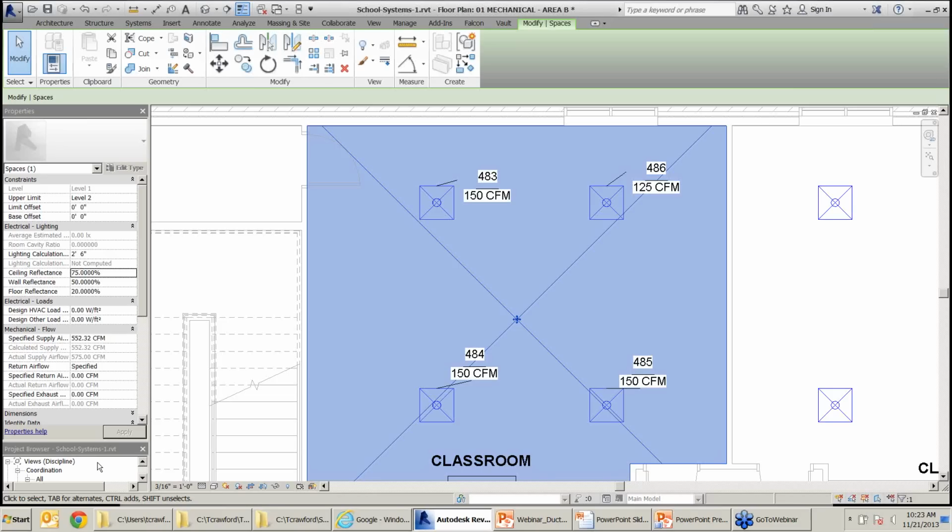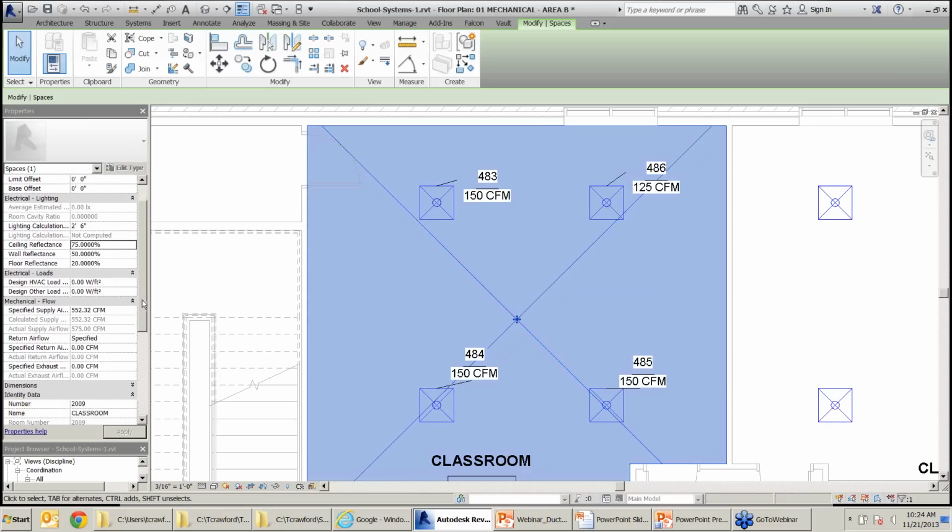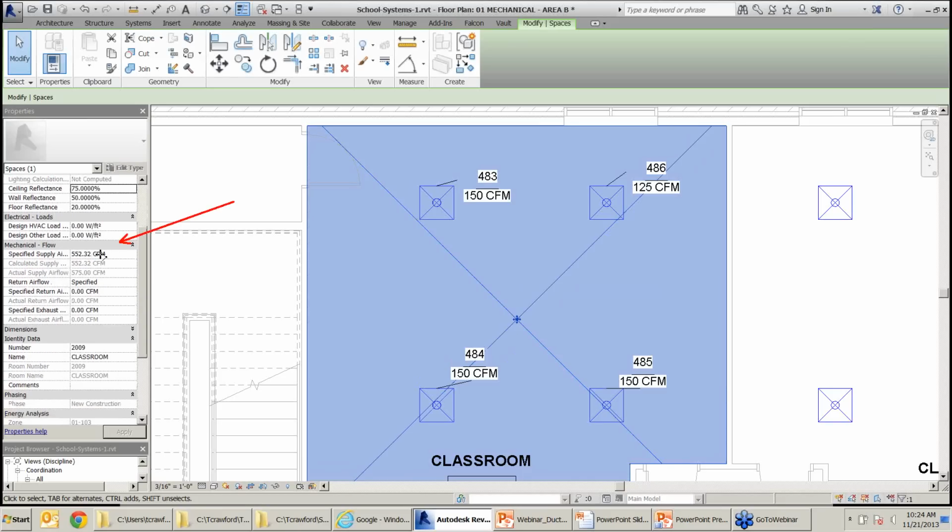And if you have Revit one box, as I call it, everybody has everything. So the architects have mechanical tools, mechanical has architectural tools, everybody's got everything. So it's in there, but spaces don't provide much benefit to anyone other than mechanical and some benefit to electrical. So what's in the spaces, I have, for my mechanical flow, for this category, I have specified supply airflow,